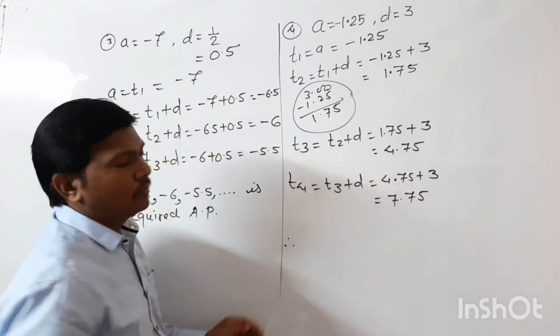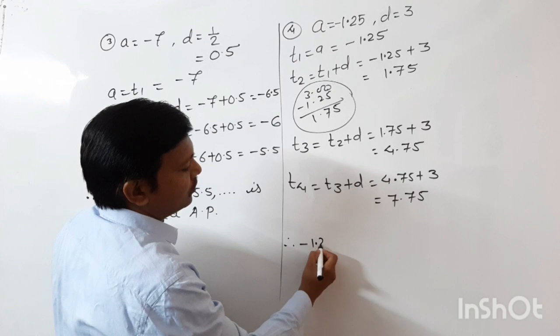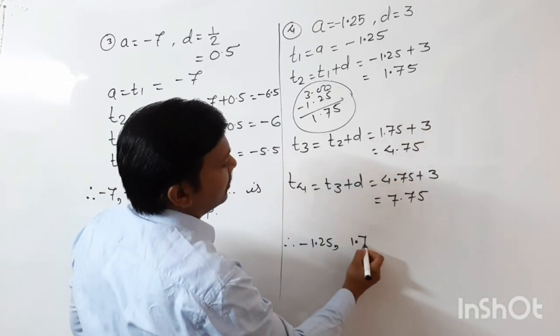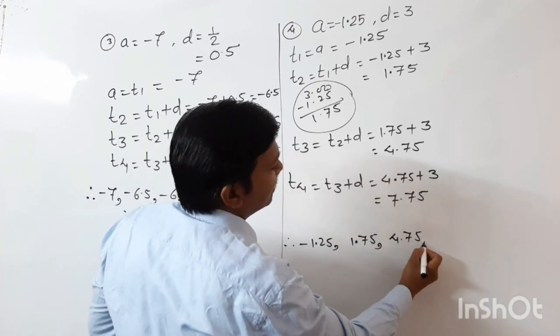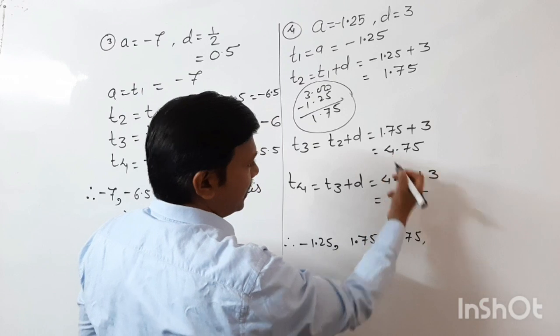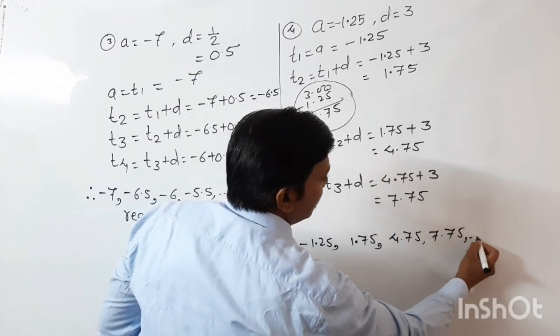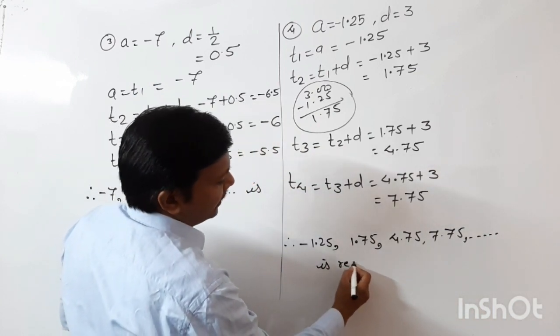And therefore we write the AP: first term, that is minus 1.25, then second term, that is 1.75, then third term 4.75, and then fourth 7.75. That is the required